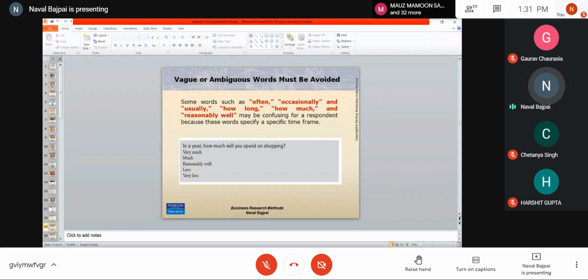Number two, we must avoid vague or ambiguous words, such as often, occasionally, usually, how long, how much, and all these. These kinds of words must be avoided. Ultimately, I'm going to quantify their answers. Their answers must be quantified in terms of some definitive answers. So all these vague words must be avoided,